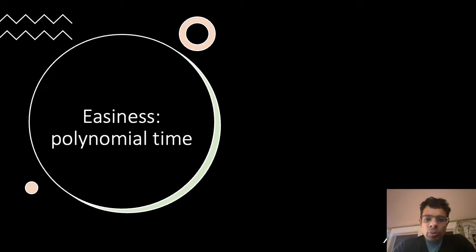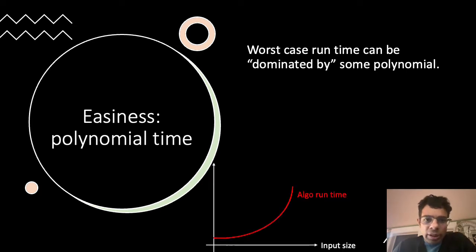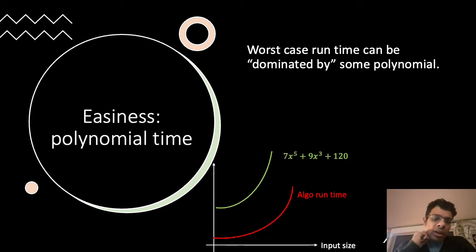So the conjecture has to do with algorithms and their runtime, and specifically their runtime in the worst case. So think of an algorithm like sorting an array, and think of how the time spent on the computer depends on the size of the input. Here, in this case, it would be the size of the array. So you plot the input size on the x-axis, the algorithm runtime on the y-axis, and if you can find a polynomial that is always greater than your algorithm's runtime, then you say that in the worst case there is a polynomial time algorithm,